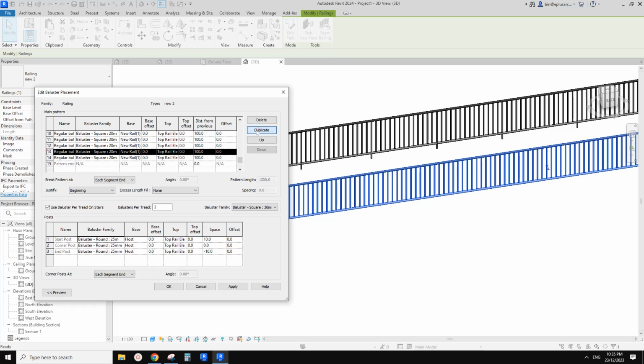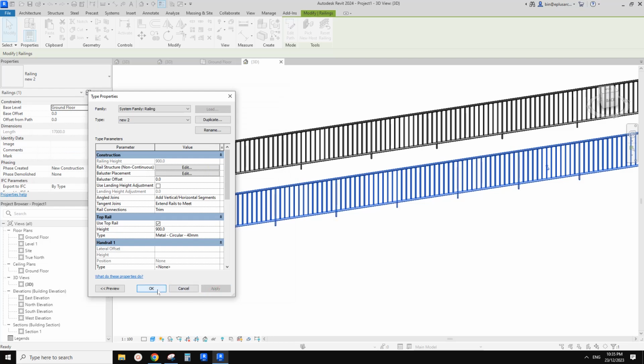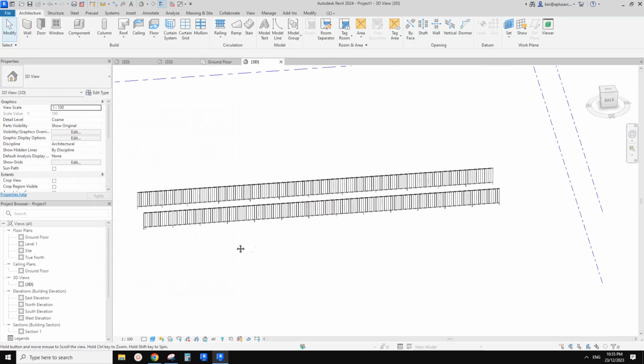I think that's it. Okay, and then we will need another one. So let's just duplicate and change this one to round 25, and also change the base to host. Host in this case means level, ground level, or floor level. And I think that will be it. So let's click OK, apply. That's it. So now you can see